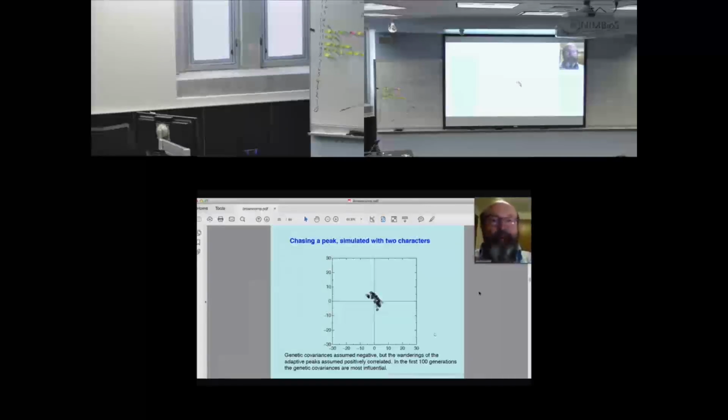it's all very well to think about quantitative genetics, but if you want to start thinking about peak movements, if you really wanted to have a model of them, you'd have to really understand how these characters fit in to the ecology and how that generates the fitnesses. And I think for everything we do in this course, we're not going to be able to do that. Maybe somebody will have an example later on. If so, they should